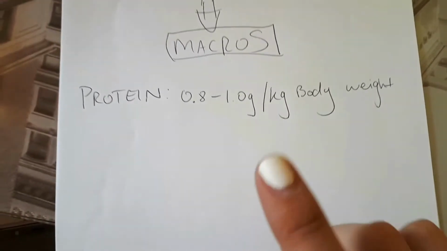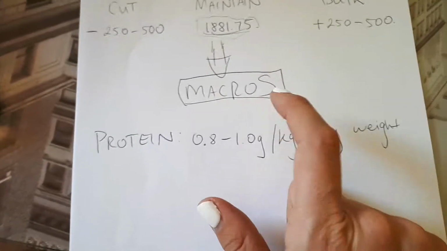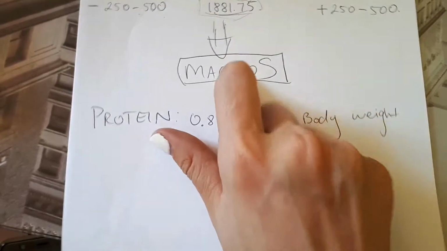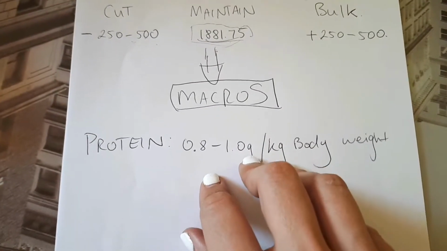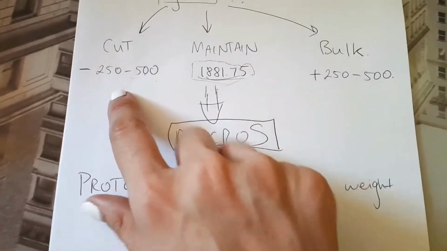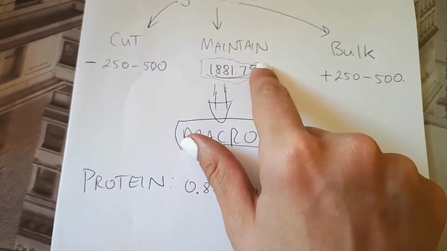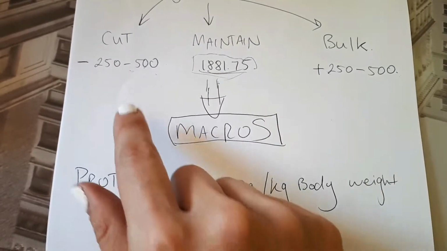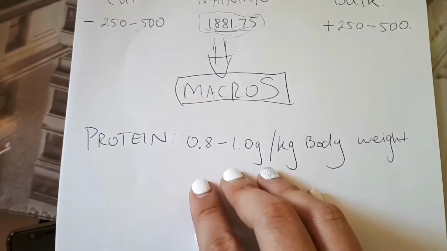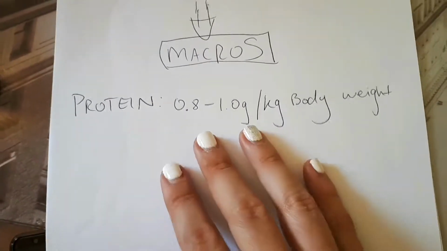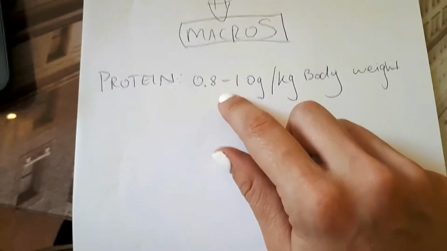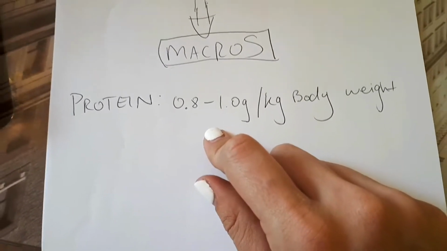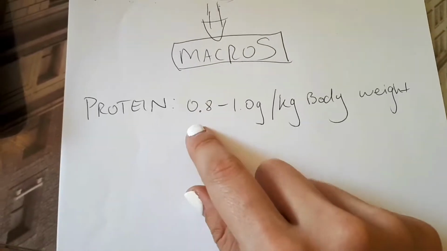Okay, so now we're going to work out our macros. For the purpose of this video, I'm just going to stay with 1,881.75 calories. But whatever I do, it will work the same as if you were cutting. So you would take 1,881 calories minus 250 or 500, and then you'll use those calories for the remainder of this video. So protein, I'm going to go according to the American Diabetes Association, which recommends